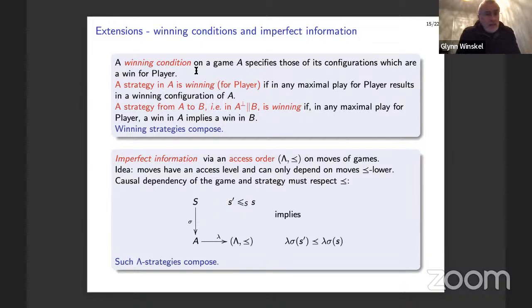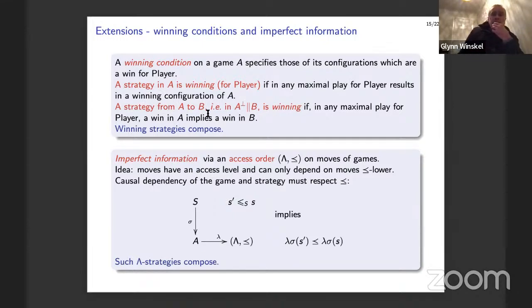There are two ways of saying this. One is that the strategy is winning if against any counter strategy, when you play maximally, it always results in a winning condition for player in the game. Or alternatively, and this requires a proof, a strategy is winning if any maximal play for player results in a winning configuration of